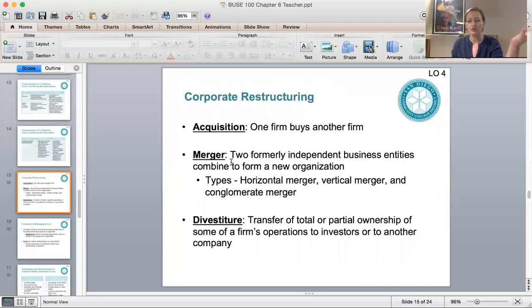Well, the reason that you do this is because in a merger, you still get to keep the independence, the autonomy of each of the companies, and the customers, the client base of each of the companies. And so Disney could pretend that they were merging with Pixar, so that all the Pixar fans would still be Pixar fans, right? And also, you see this happen a lot because sometimes people are acquiring another firm for